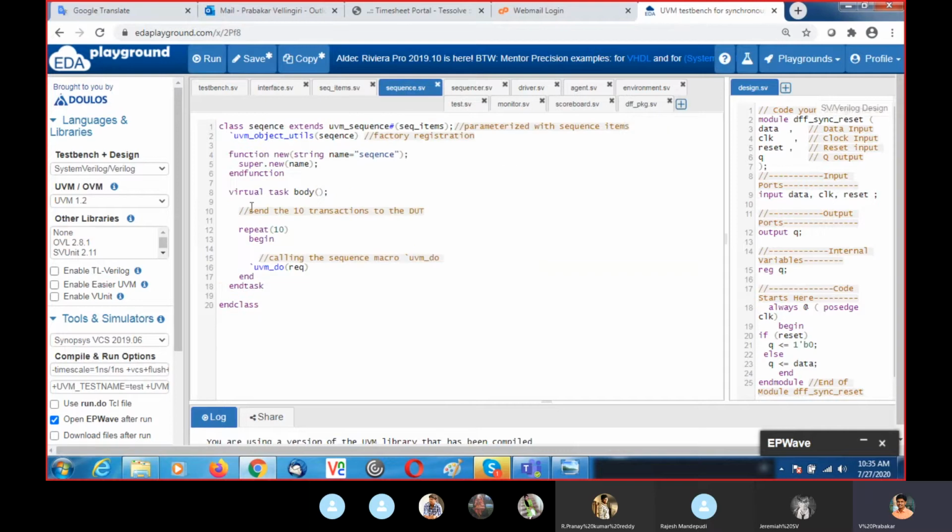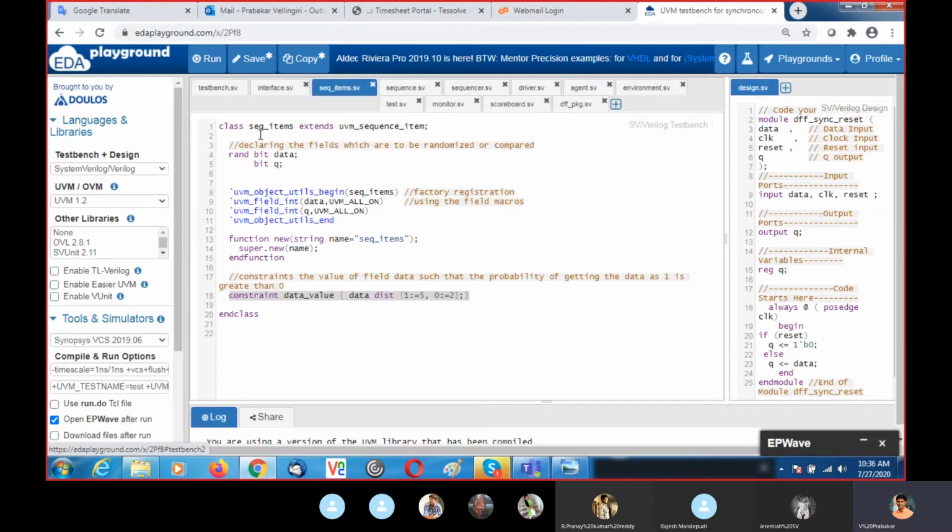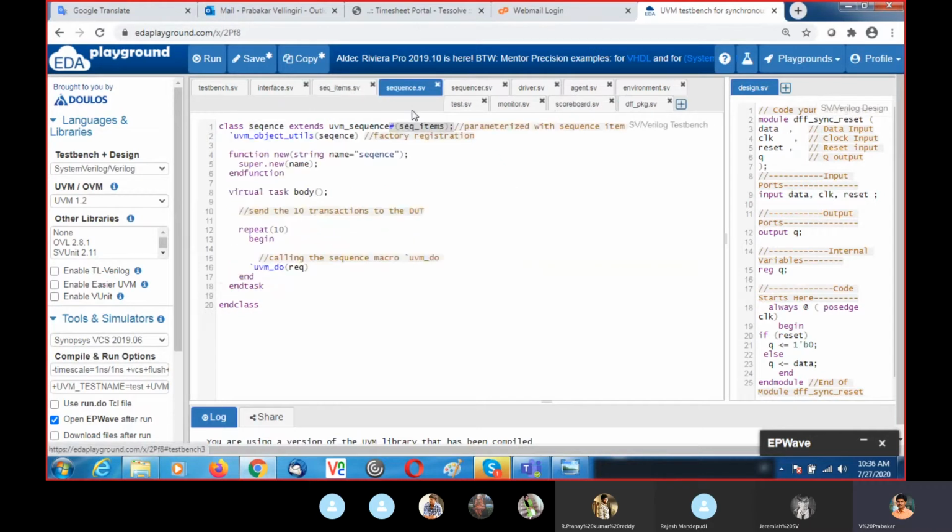In the sequence, the class should be declared extending from uvm_sequence, and it should be parameterized with the type of the sequence item. It is dealing with the sequence item, right? So you should parameterize it with the sequence item type.